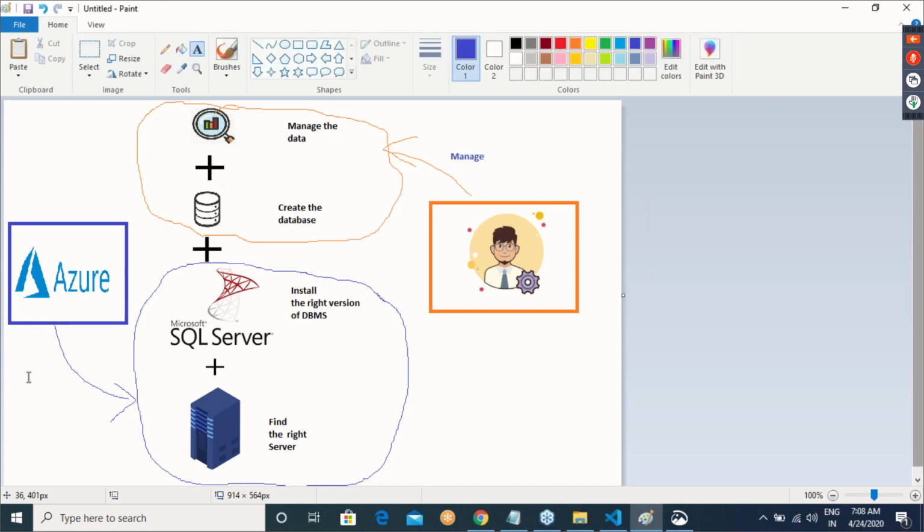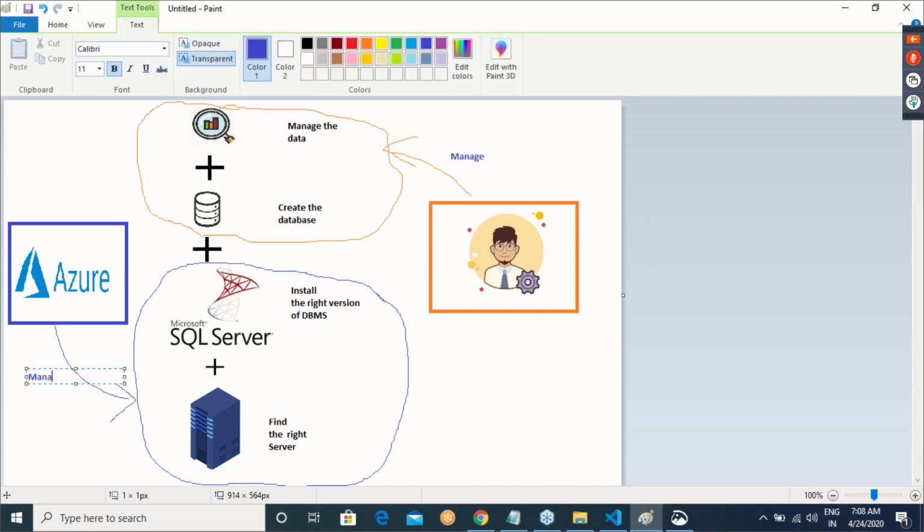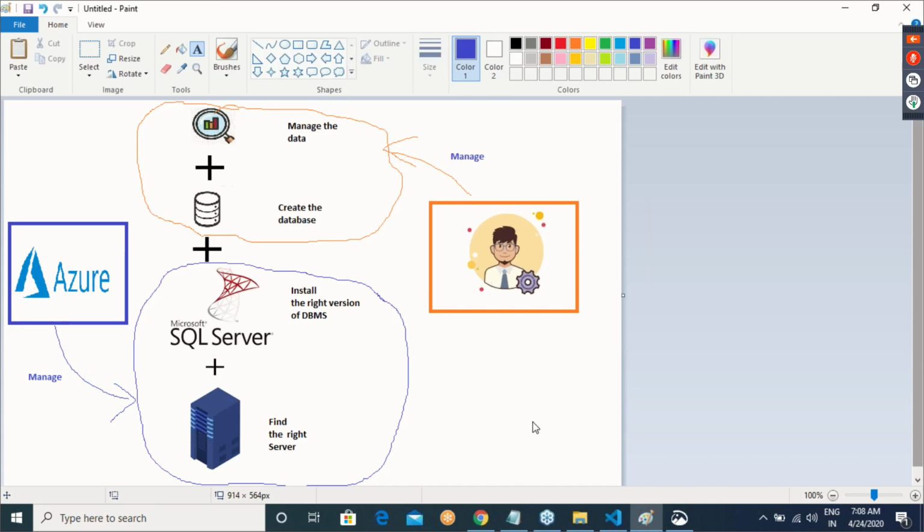So SQL Server backups can be given to Azure. Server going wrong, Azure's headache. SQL Server not working, Azure's headache. Something wrong with your application data, it is your headache. Am I clear on this?